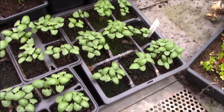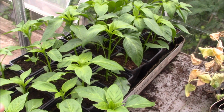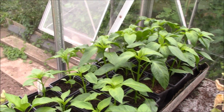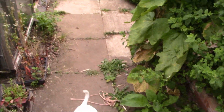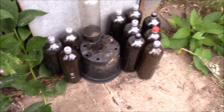That's going to go into the other greenhouse, and then these are the pepper plants growing quite merrily at the moment. I know these are late, but I'm just trying to get some peppers this year of some kind. But that's basically what the peppers look like at the moment. So that's all we've got in that greenhouse. We've just done another batch of comfrey tea. As you can see, there's quite a few bottles come out of there in the last couple of days. So I'm now ready to put all of this comfrey into the pot as well,